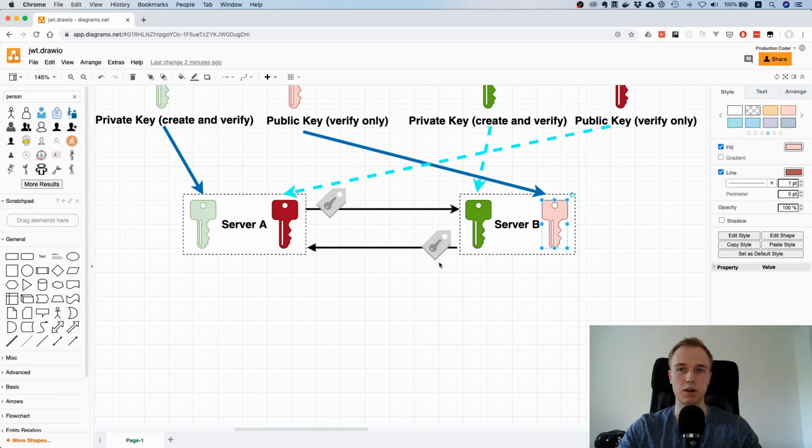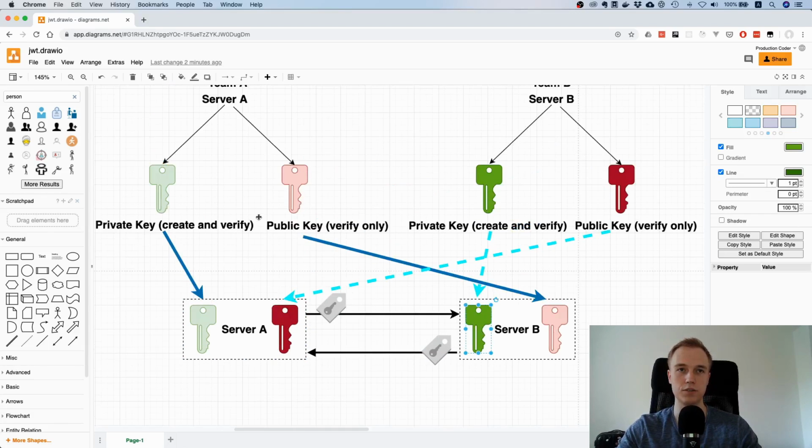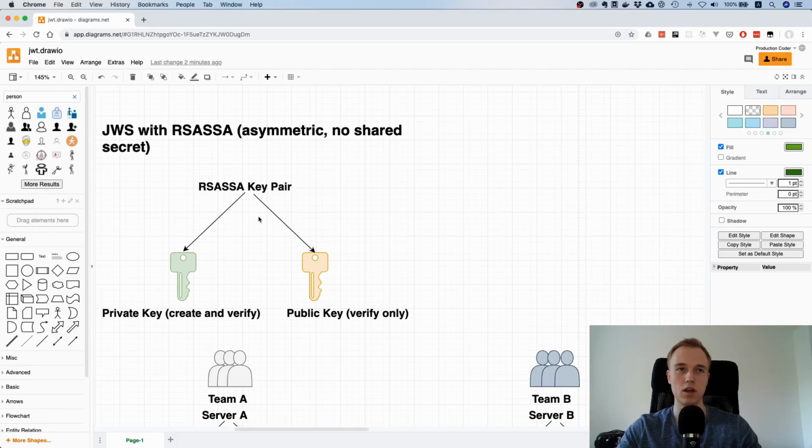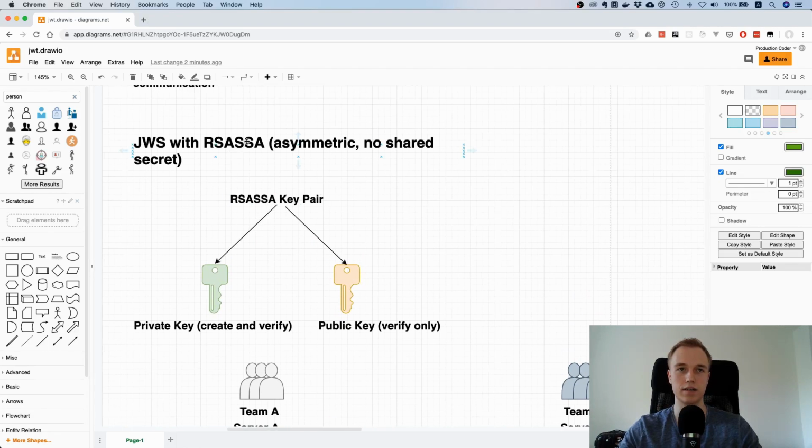And if either of these parties gets hacked, it's not as bad as with HMAC before, right? Because say if server B gets hacked, then the hacker can impersonate server B because they have the private key, but they cannot impersonate server A because team A has only shared the public key. Now they have the public key, so they can verify that the message comes from server A, but that's pretty much it. And this is the main advantage of using an RSA-based approach,